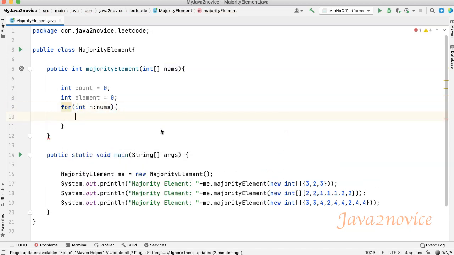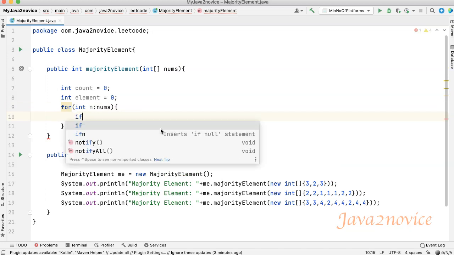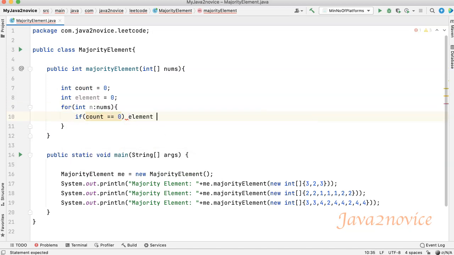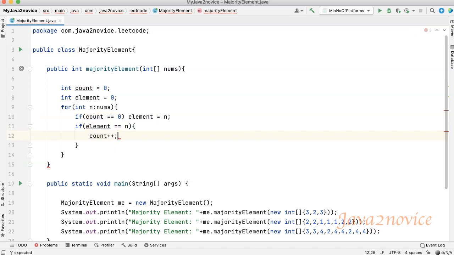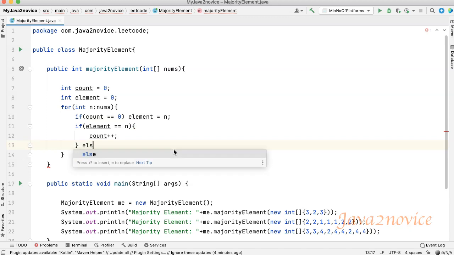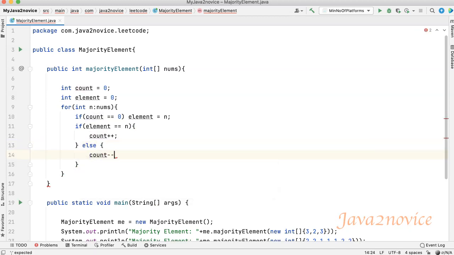If count is 0, then assign the current number to the element variable. Now, if the element is matching with the current number, then increment the count. If the element is not matching with the current number, then decrement the count. Finally, return the element value, which is the majority element in the given array.